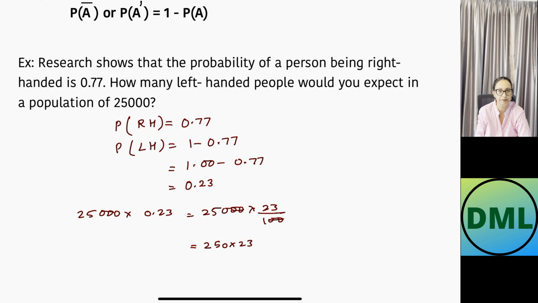Let's see the Vedic method to multiply that. 25 times 23. How are we going to multiply this? We are going to multiply 5 times 3, which is 15. So in 15, I will write down 5 here and 1 carry over here. Then I will multiply 2 times 2. 2 times 2 is 4, which I will write down on the left hand side.